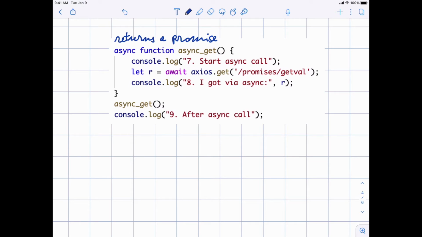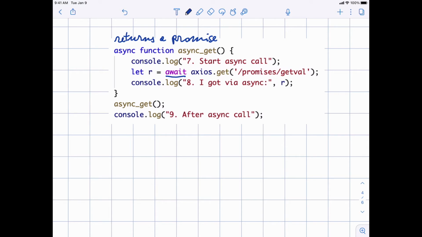But inside this async function, we can do the following. We can do a console log that we are starting our asynchronous call. And then we can say let r is equal to await Axios.get. So we can essentially have a statement await that is only allowed in async functions that will take the promise delivered by Axios.get and wait for its resolution.